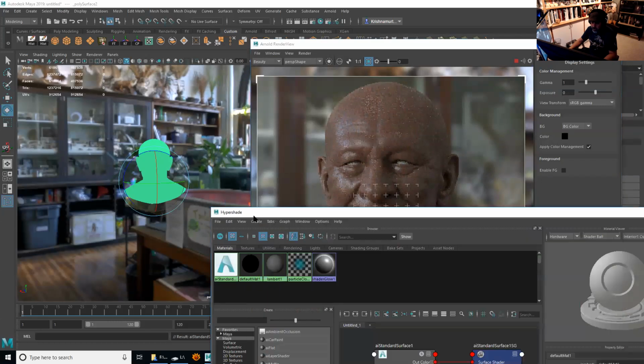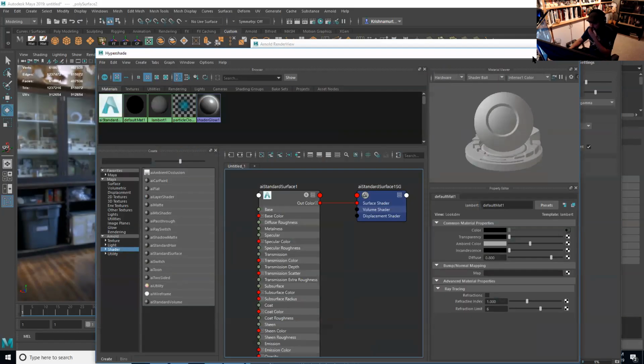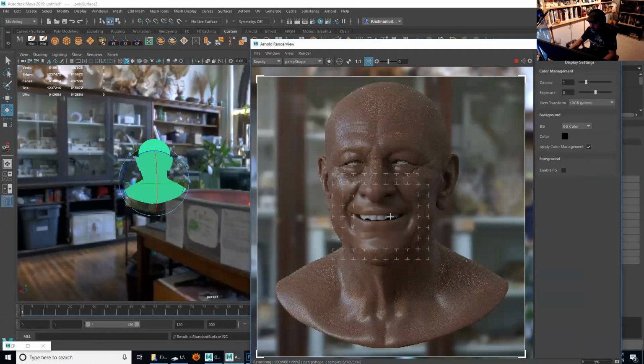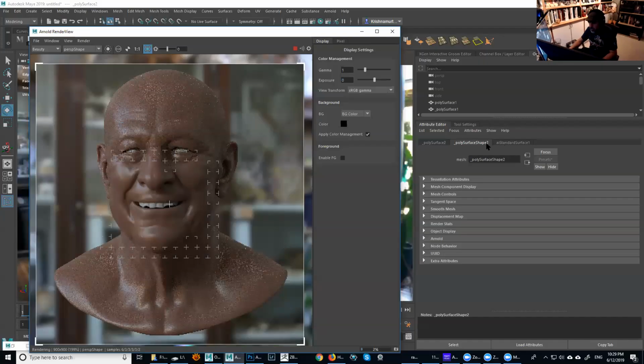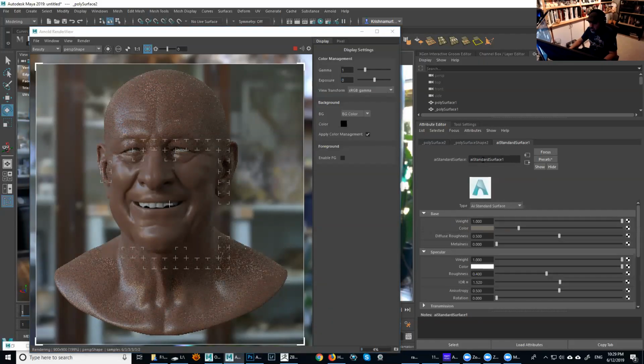It's a little dark, right? I made things a little bit too dark. Let me just move this around. Actually, I don't need it right now. You just move it around here and then go to the attributes. And then you're gonna see the name of the shader is already here in the attributes, right? So you're just gonna rename it here to clay, so we know what we're talking about.